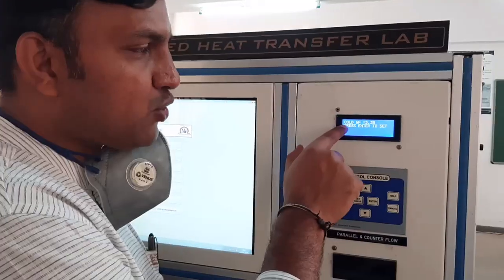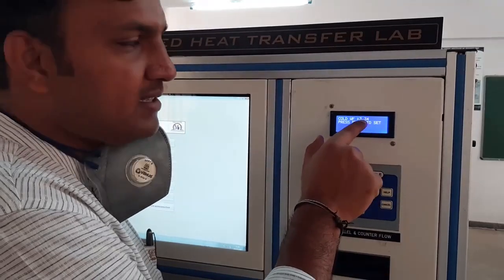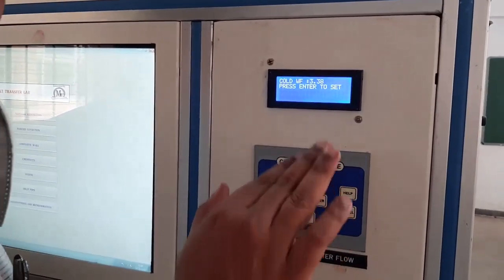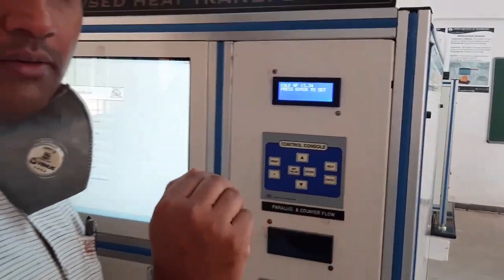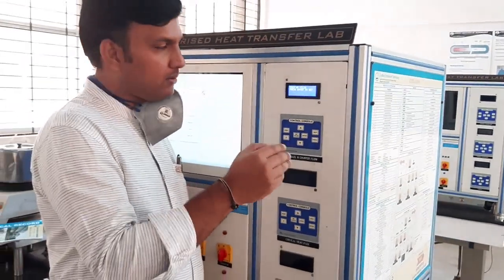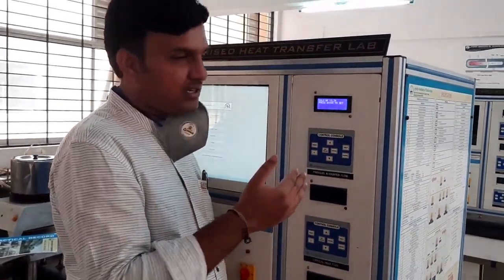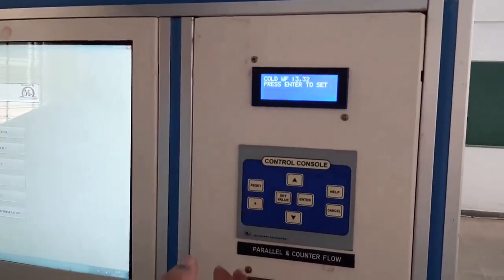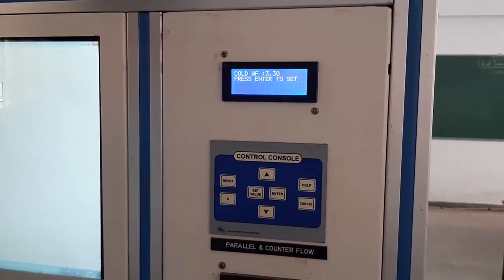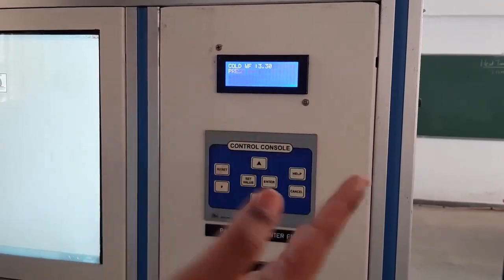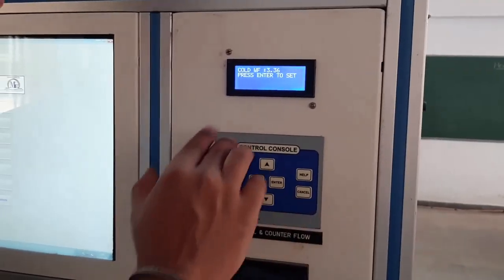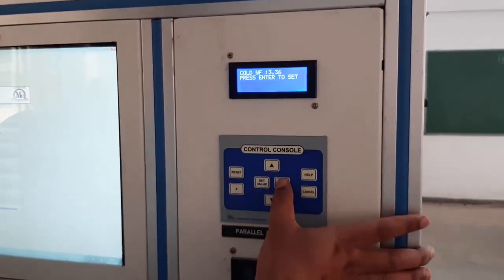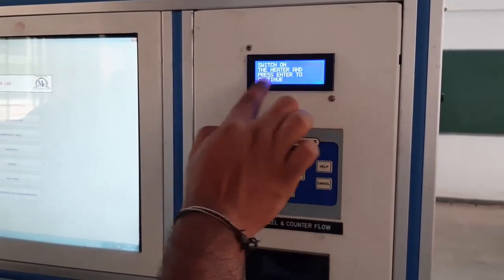It is showing the cold water flow rate, that is 3.34 LPM. Usually you keep the hot water flow rate minimal and the cold water flow rate a little bit higher, so that more heat exchange takes place. Or to reduce the wastage of water, you can keep it much lower than this, maybe 1 and 2 LPM, or vice versa. Just conduct with different batches, different experiments. Cold water flow rate is 3.34 LPM. Switch on the heater and press enter to continue.